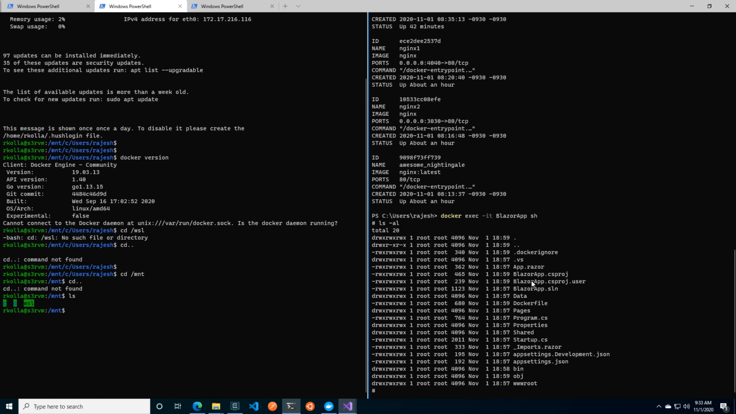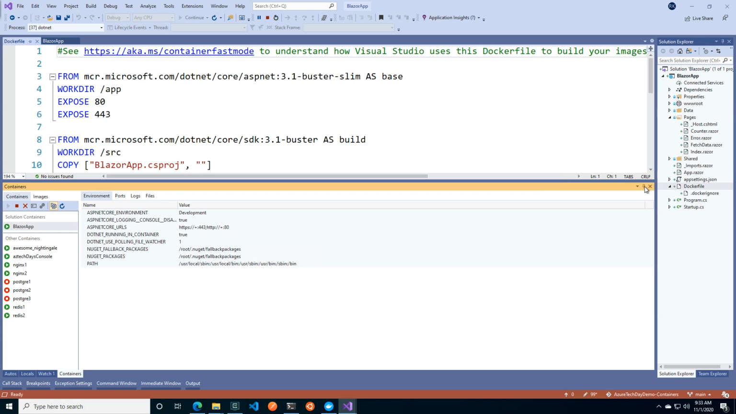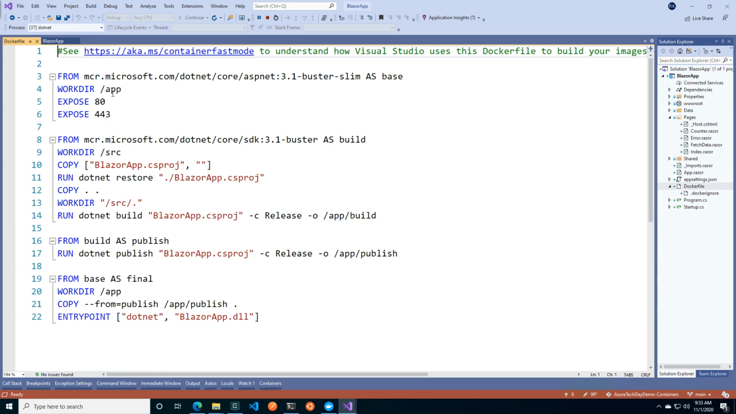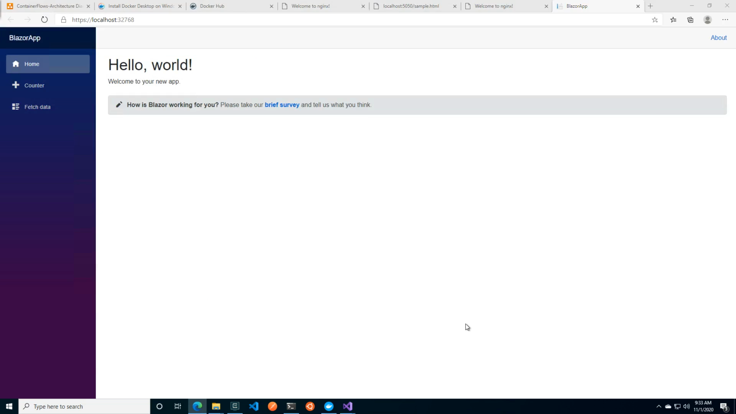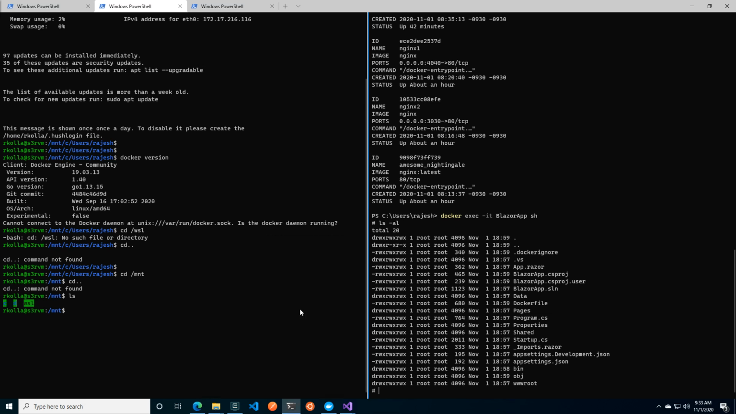Actually, if you see the Dockerfile, it copies the entire application source code. After that, it restores the application, builds the application, publishes the application, and then it starts. The entry point is dotnet Blazor app DLL. The Blazor app DLL is copied from publish to app publish in the current directory. It is copying app publish to the current directory. So if you go to the app, there is